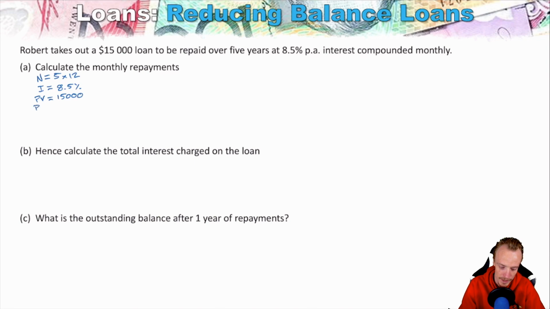And then the PMT, that's what we're actually calculating. The future value, well, we're assuming that we're going to have to pay it off at the end of it. So the future value here is going to be 0. The PY, the payments per year, we're assuming it is monthly repayments, so it's 12. And the CY is compounding monthly, so also 12. Now, essentially, we just need to plug these values into our calculator. And when we do so, it gives us